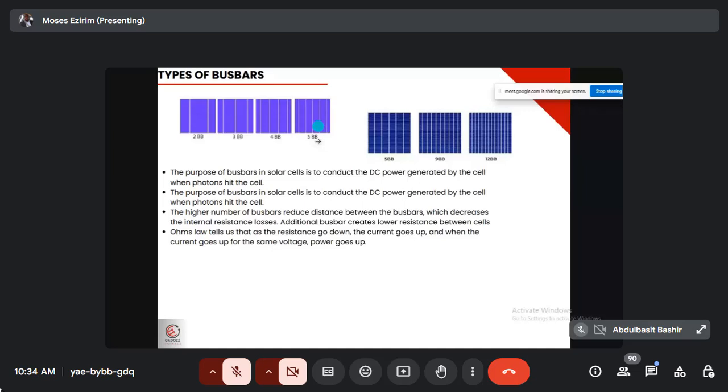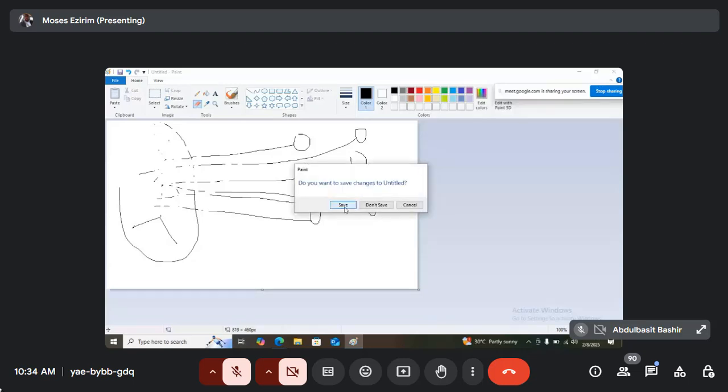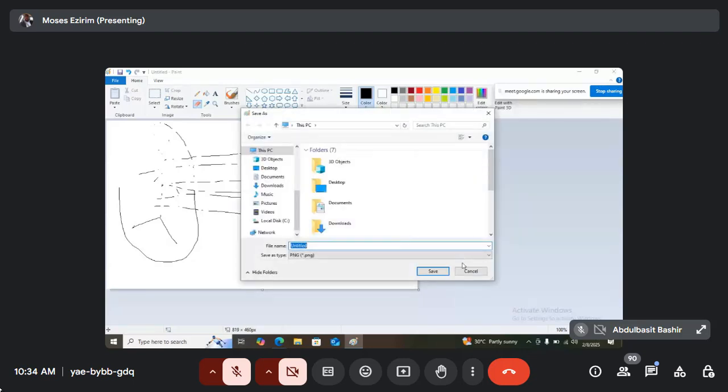You, the non-electrical person, might not know what Ohm's law is, but let me just explain what Ohm's law is. As a science student, we usually obey this law. Let me just cancel this. All right, so Ohm's law,